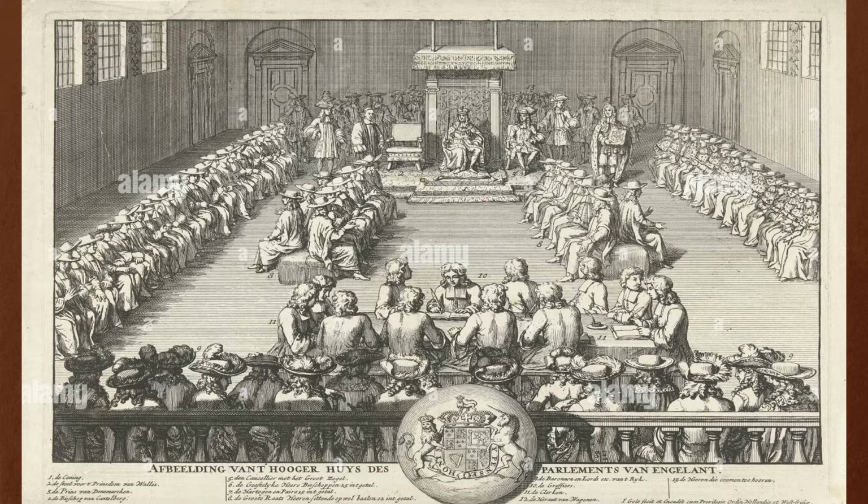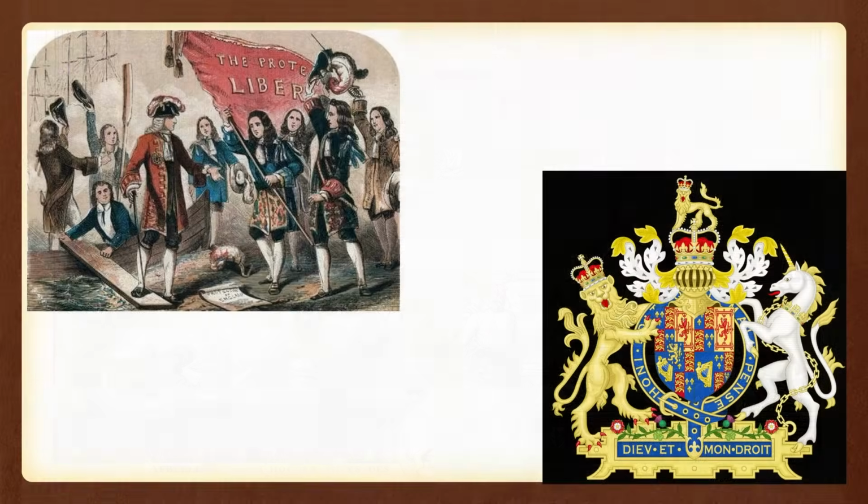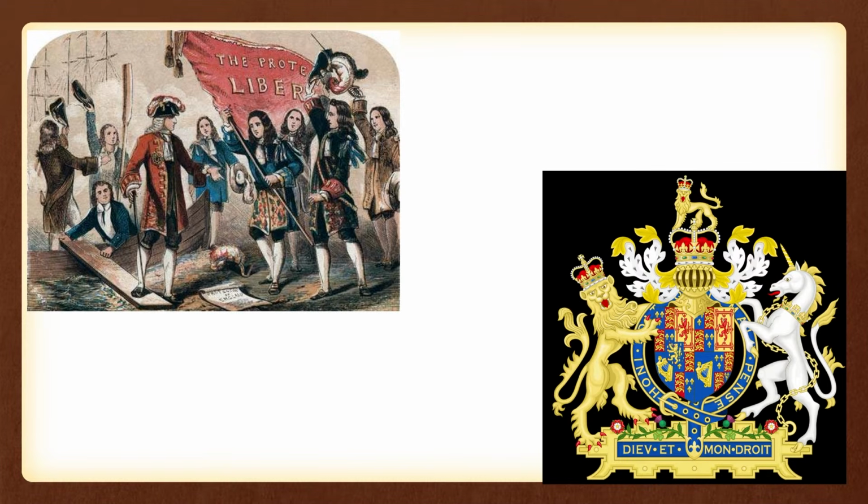And you can see how quickly, because of the heavy influence that Parliament was being given, we came to a constitutional monarchy. The English Bill of Rights created a constitutional monarchy in England, meaning the king or queen acts as head of state, but his or her powers are limited by law. Under this system, the monarchy couldn't rule without the consent of Parliament, and the people were given individual rights, which was kind of a new concept for the time.